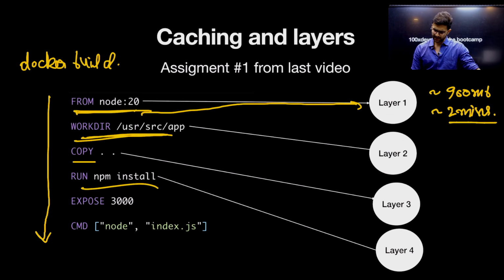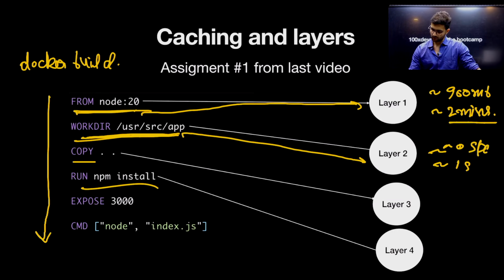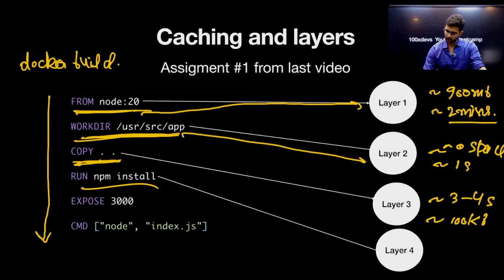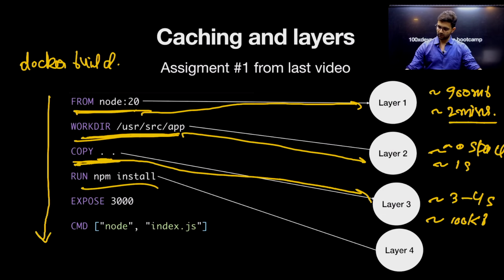After that, we simply said, let's set the working directory to a certain directory, which was in our case /user/source/app, which means this will be like less than 1 second maybe, and would probably put 0 space onto your image. We're just changing the directory where we want to put our final code. Copy ... This is the command that will probably increase some space and also take some time. So maybe let's say 3 to 4 seconds, and we'll add whatever 100 kilobytes to your image, because you're copying over the complete code base onto your current image,